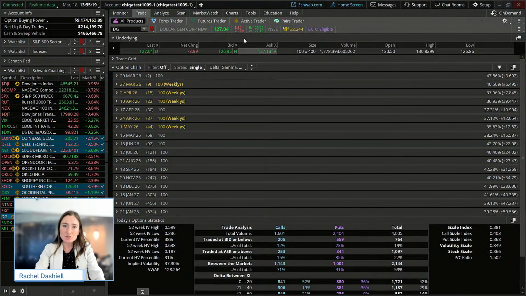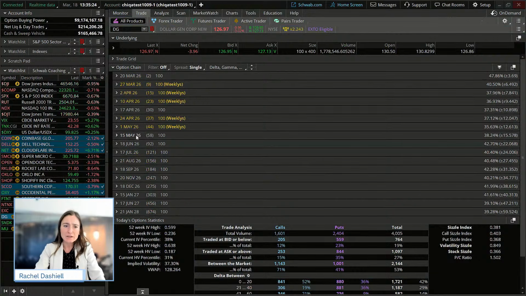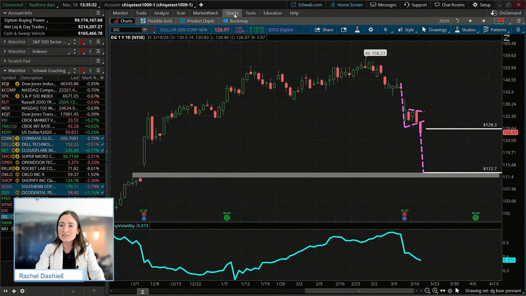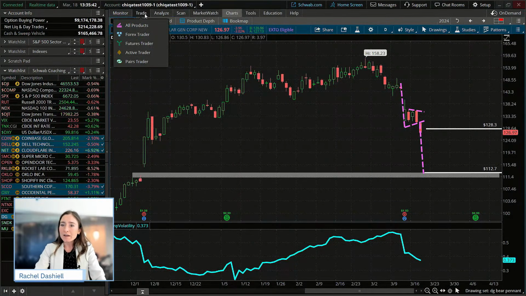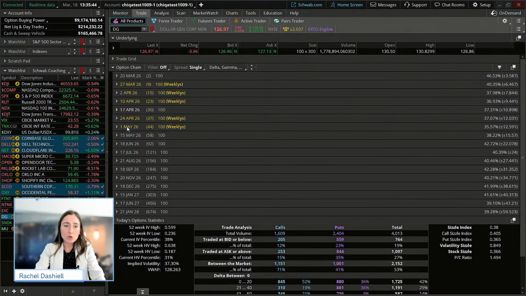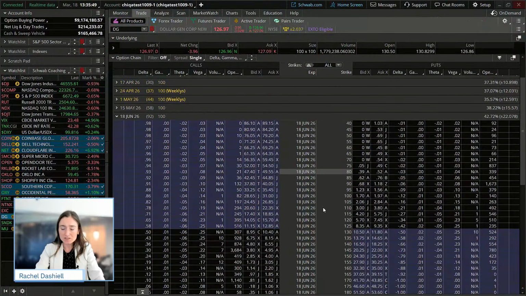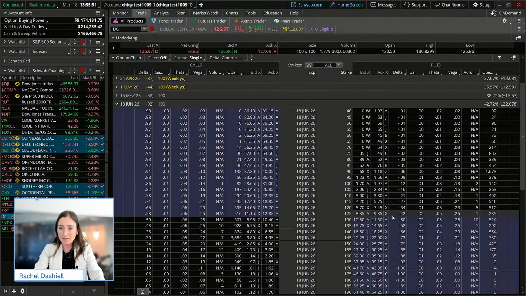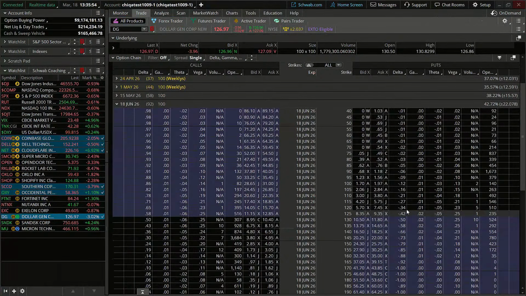So I'm going to take that opportunity for a short-term trade with just this 15th of May. Actually, we're going to go a little bit further out. The 18th of June with 92 days left till expiration. That gives us about 3 months. Now, I know this is a pretty short-term pattern, but it's still quite a bit of a measured move. So we'll give ourselves enough time for it to get there. And so we're going to go with 92 days out from expiration in this case, and we're going to look slightly in the money on this one on the put side.